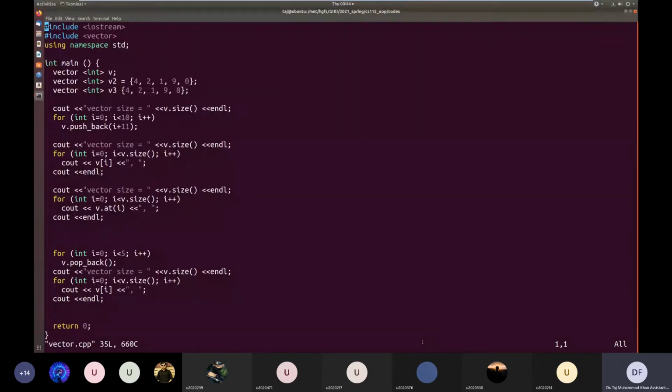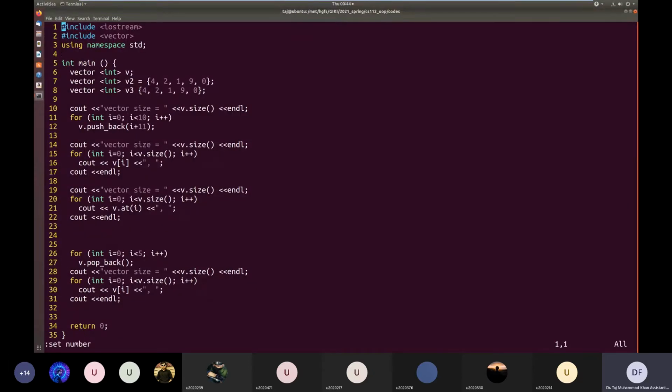So here we have a loop. On line number 11, let's say, we have this for loop. So the loop variable that we use to index the loop, this is called an iterator. So i is the iterator, and every execution of a loop is called an iteration.